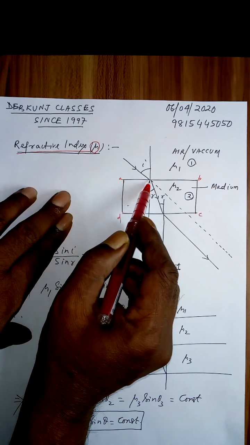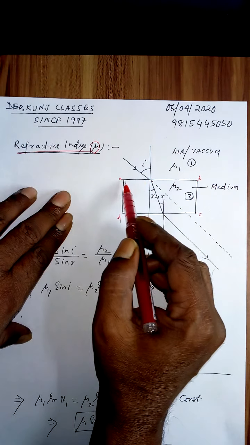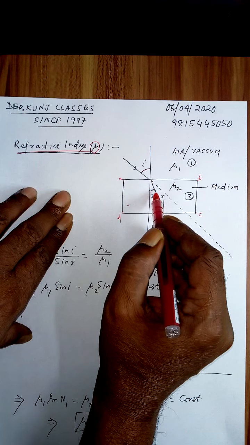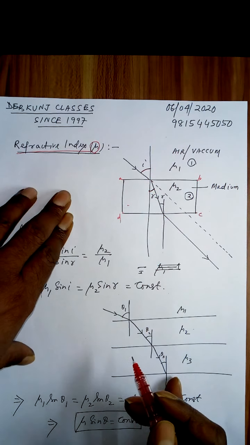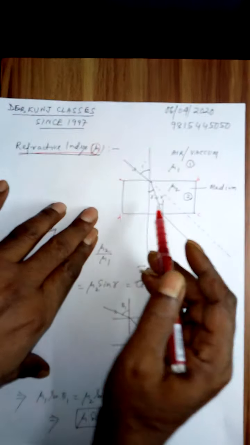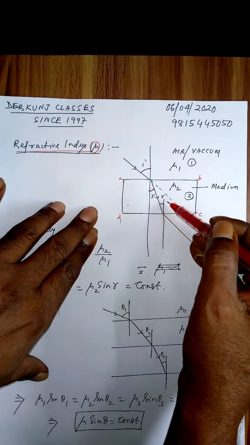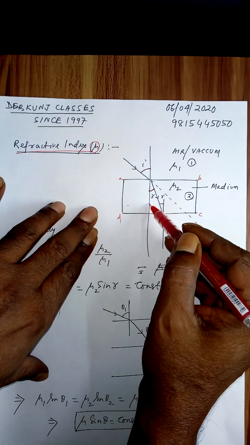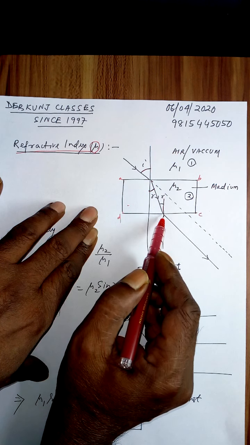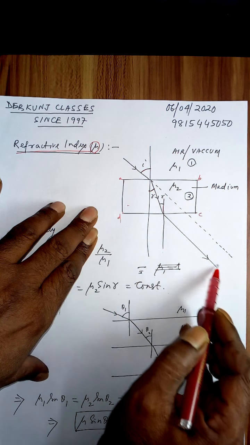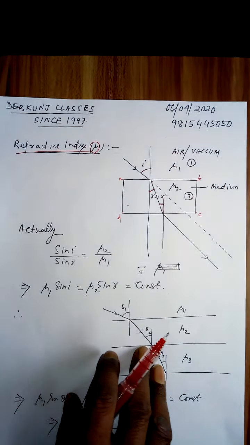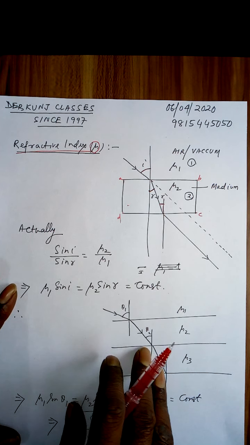An incident ray was coming like this. At this point to the surface AB, this was the normal. This was the angle of incidence. This was the angle of refraction. Because the velocity decreases, the light from the original direction bends at this point towards the normal. Again at this point, this is the normal. This is the incident ray, and it was finally going like this. If this is equal to R, this is also equal to R, because alternate angles.